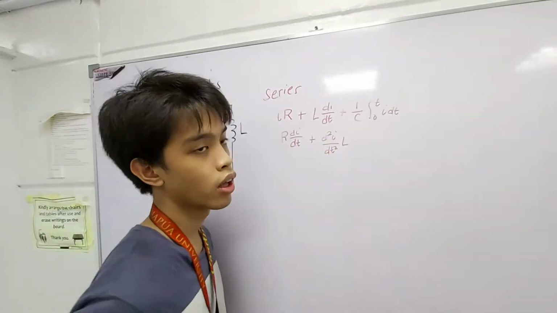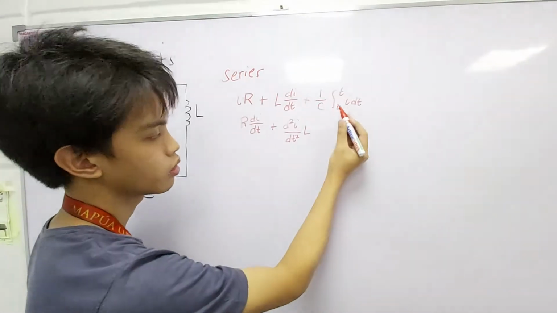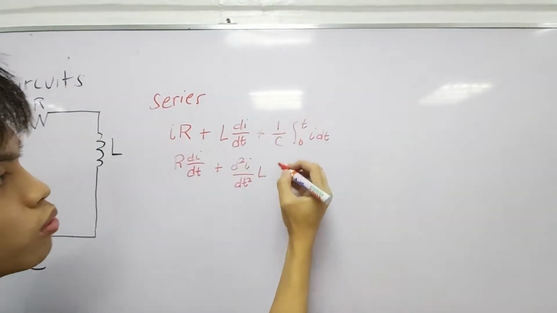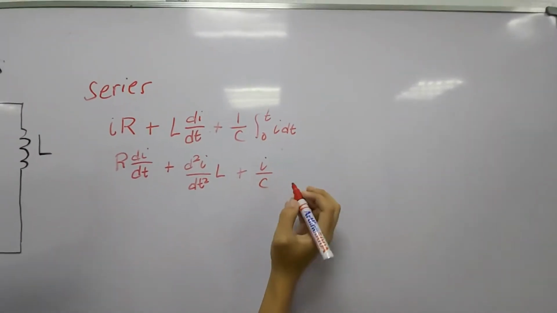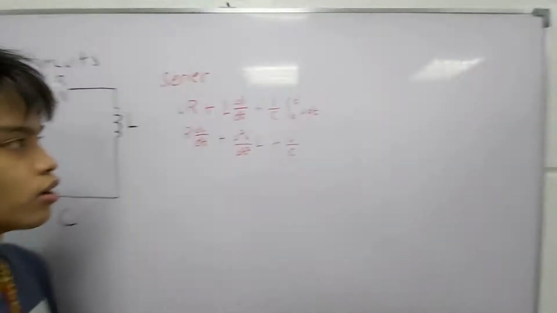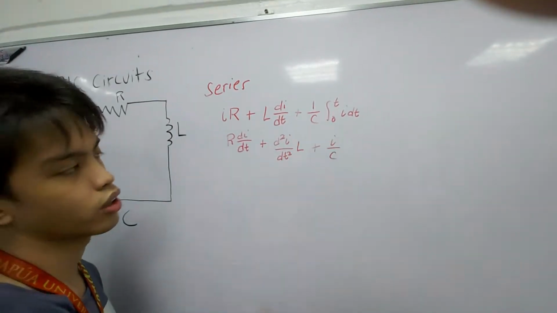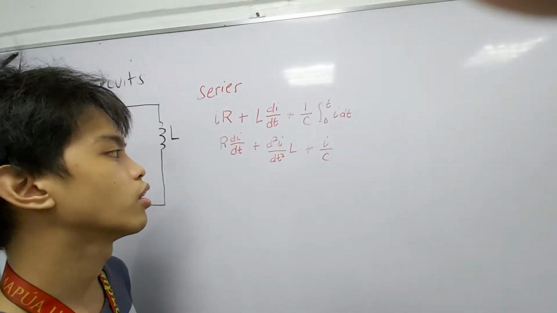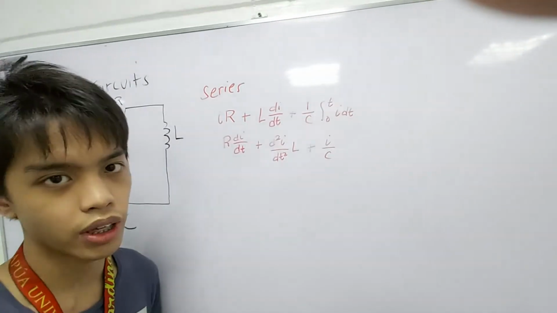And for the capacitance, the integral sign will be removed, so it's going to be I over C. We differentiated them so that we can get rid of the integration sign, which helps us to make the